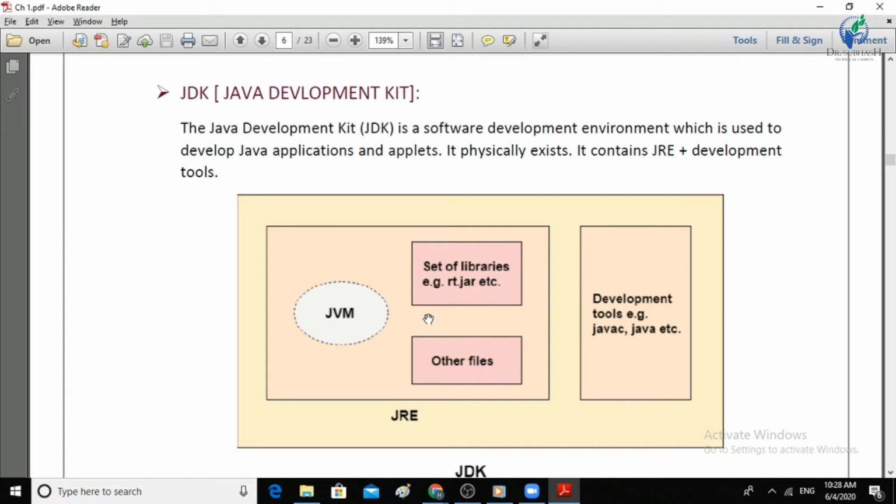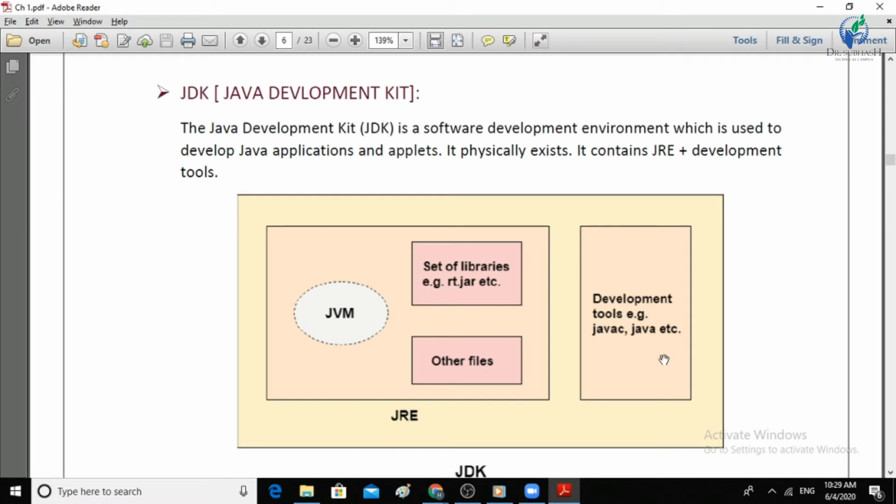So what is the Java compiler? Actually Java has both a compiler and an interpreter. The task of the compiler is to convert your Java code into bytecode. So what is bytecode? Bytecode is an intermediate code between your Java code and the machine level code. Machine level code is 0101, while Java code is something like void main and int. So your bytecode is your intermediate code. Your compiler converts your Java code into that intermediate code, called bytecode. That task is done by the Java compiler.